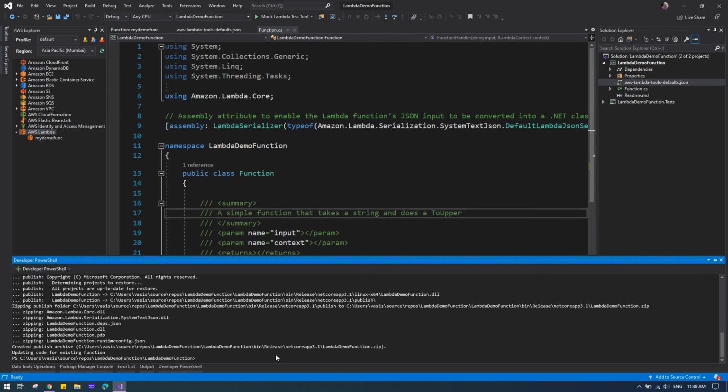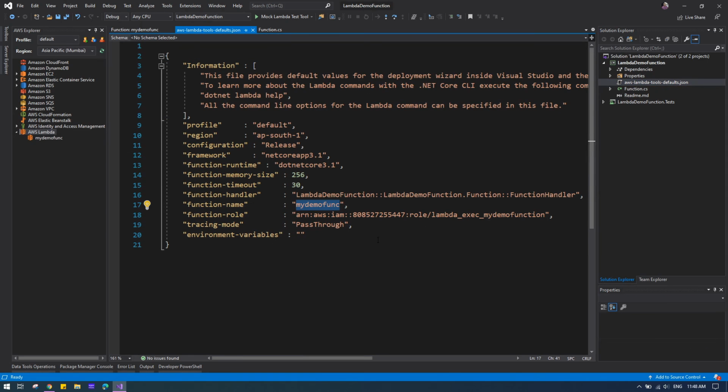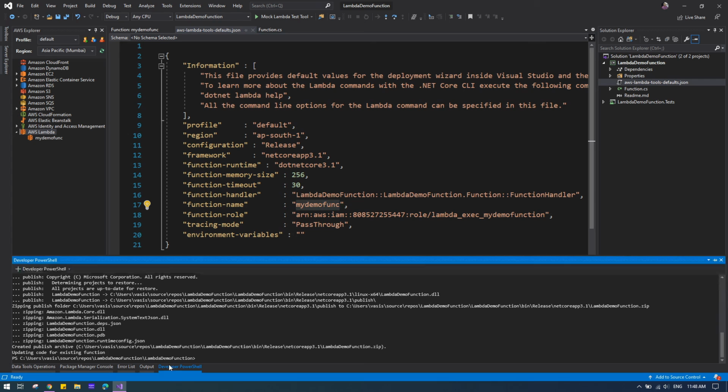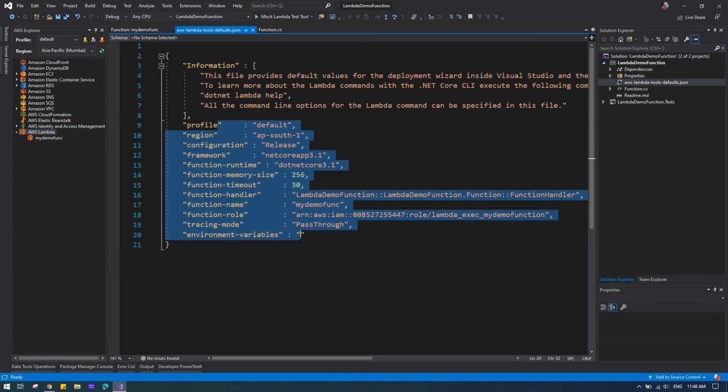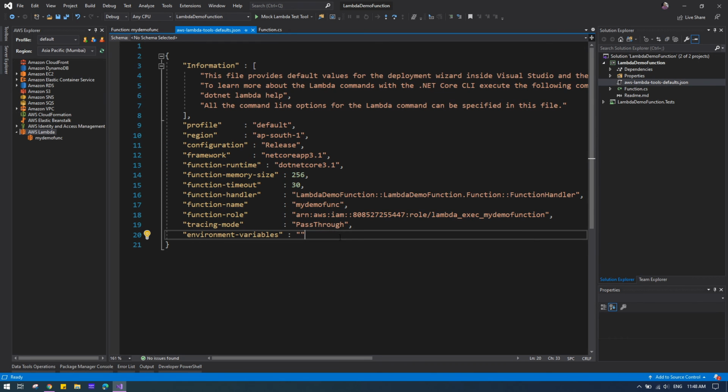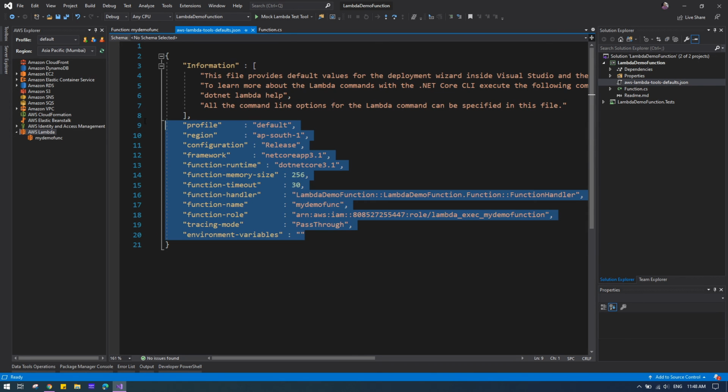We see here it says updating code for existing function. That means we have already deployed one function under this name. Even if you notice, I haven't specified which function needs to be deployed, because all this information it got from this particular JSON file. This is very important for the CLI infrastructure.